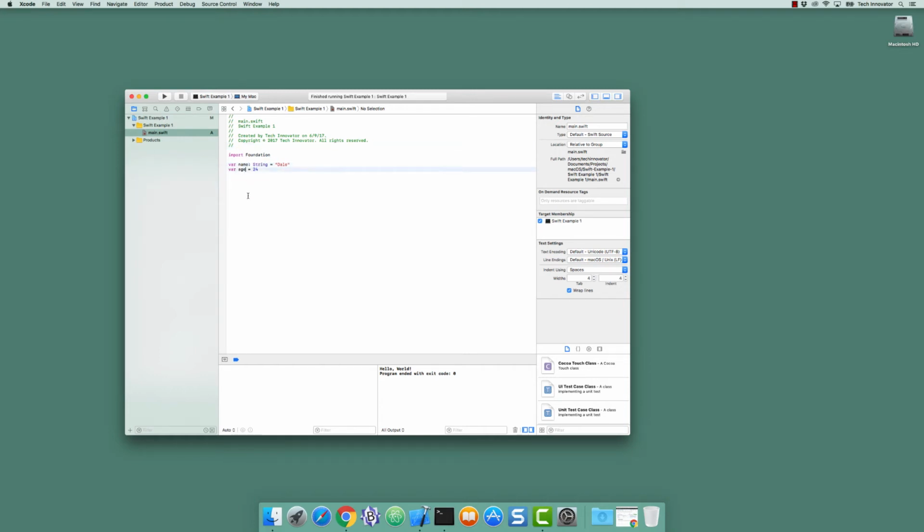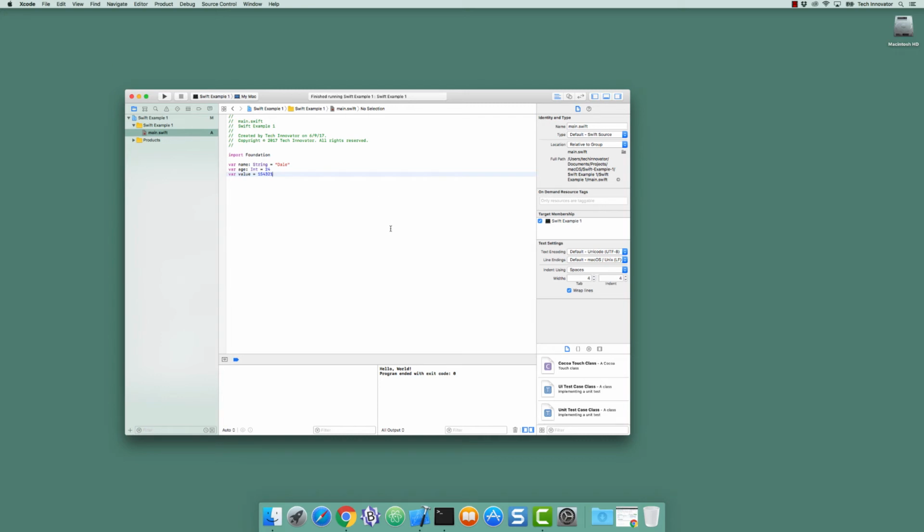So I can do the same thing for age. Age is an integer, and I can explicitly specify that the variable age is an integer. Now again, 24 is an int, so without int there, age is still an int. Now why might I need to specify the type even if I'm initializing it to a value? Well, let's pick another variable and let's call it value, and I set that value equal to